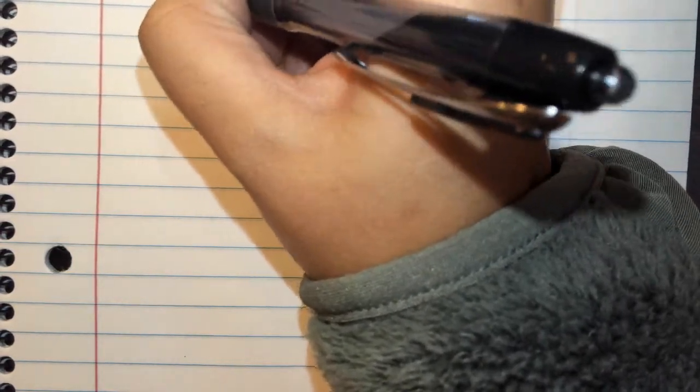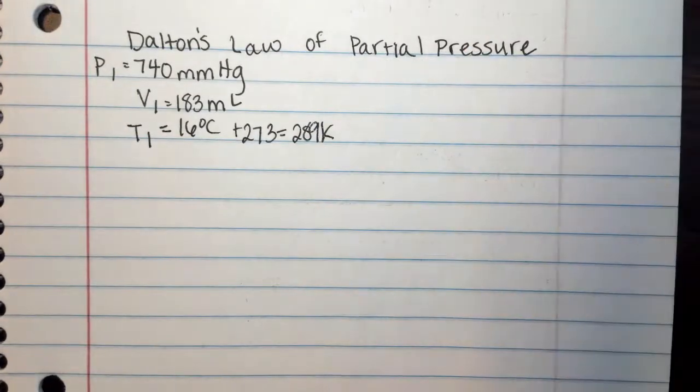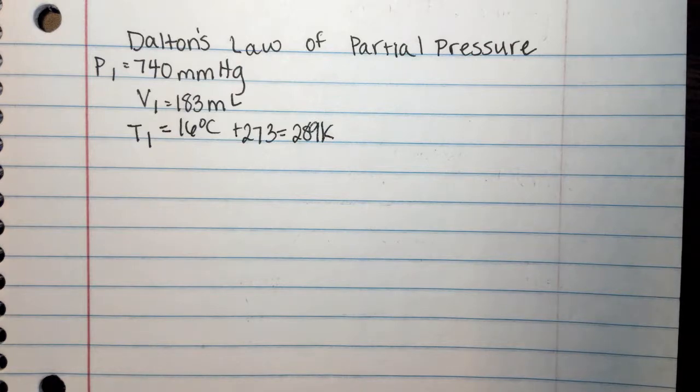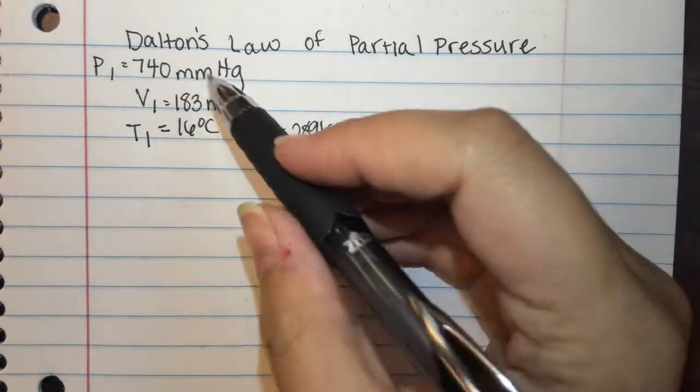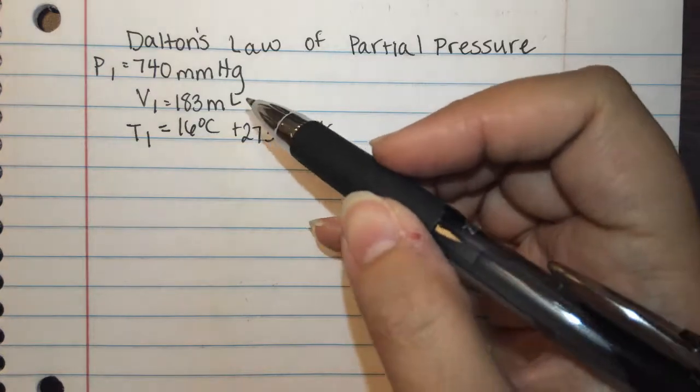V1 was 183 milliliters, and T1 is 16 degrees Celsius, which we know we have to change to Kelvin by adding 273, and we get 289 Kelvin. Alright, since we ran this through water, we are going to have to look at our reference chart and